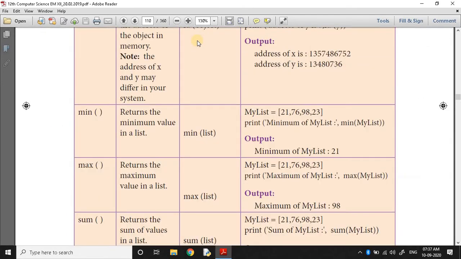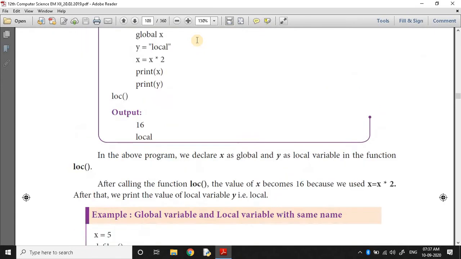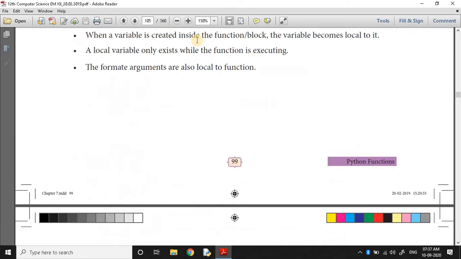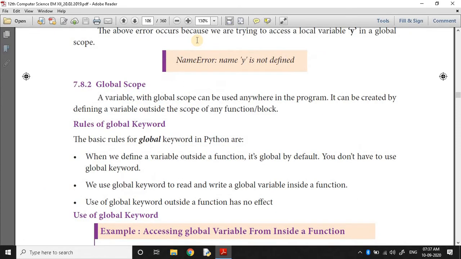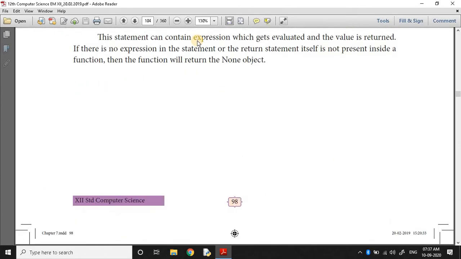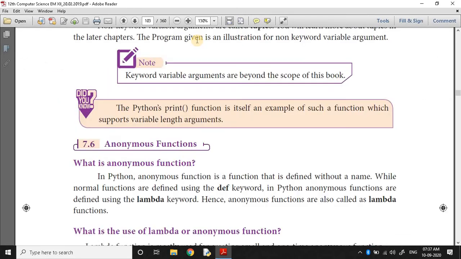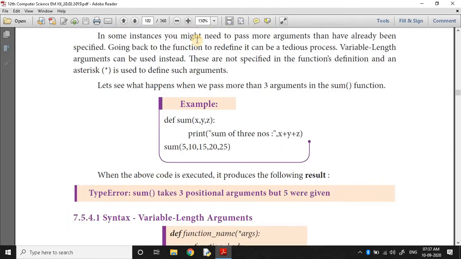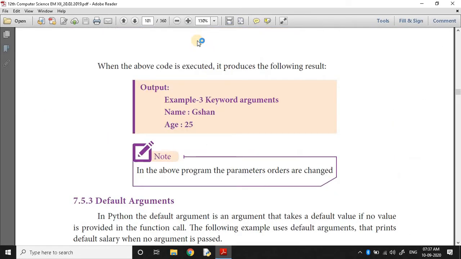So, at the last, we saw function arguments. So, function types and function argument types.